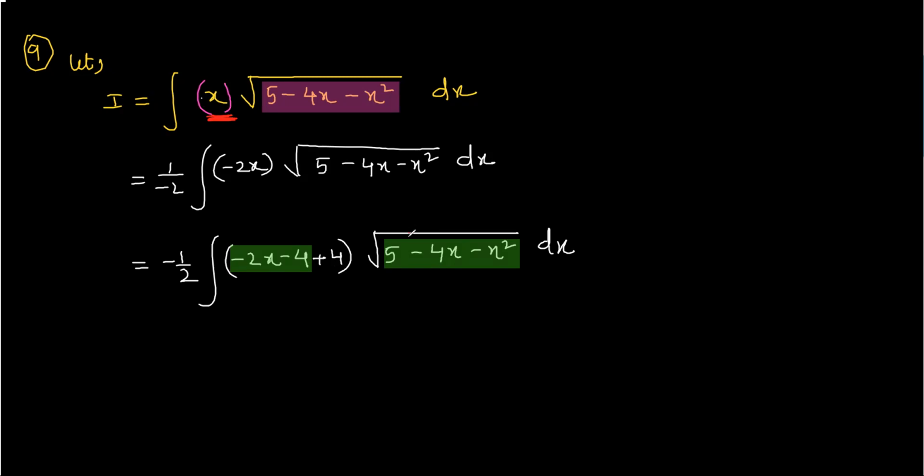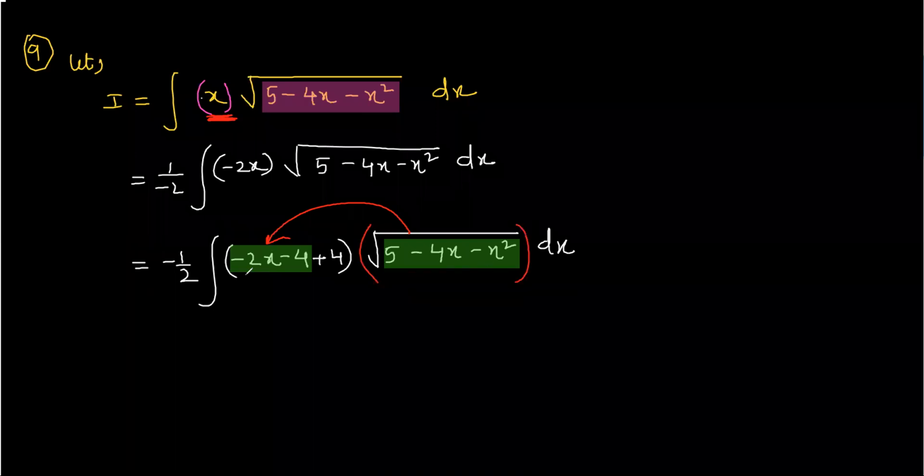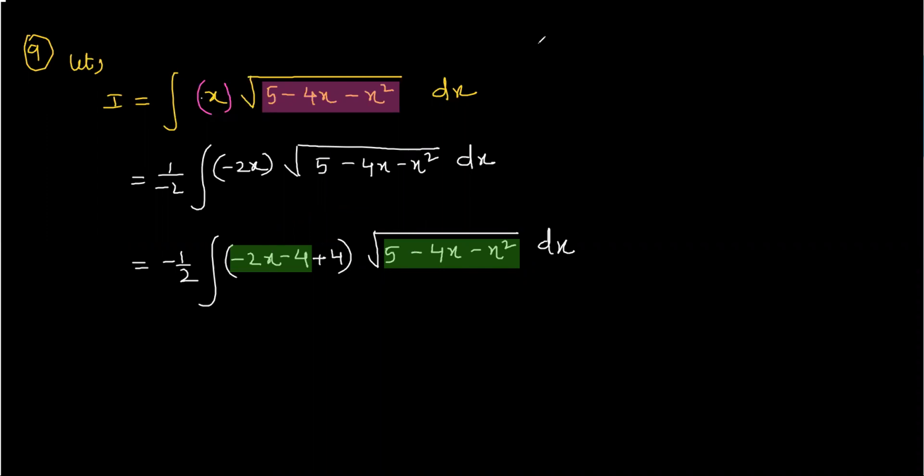You will split for the derivative of the quadratic by multiplying. You will multiply this whole square root with this part, which is the derivative, and also with 4. Okay, I hope you all are understanding. So the next step is, see what I will do. The next step I will write is,